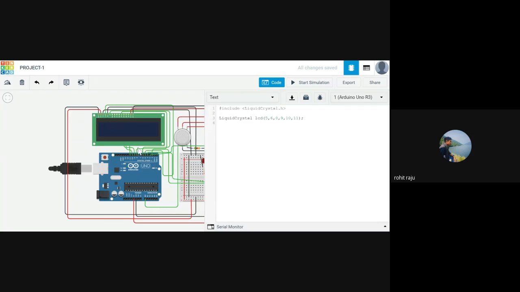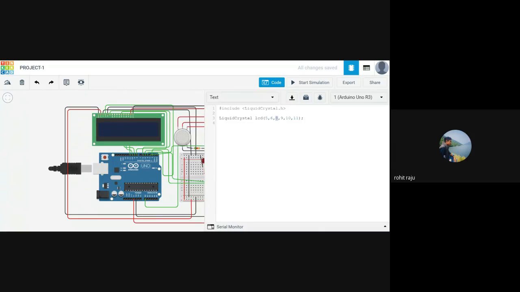Based on how you made the connections, you type in all the numbers. First one is the register select, which you connected to 5. Next one is the enable. If you connected read/write, you can write that number here, but no, I grounded it. So this one is 6, the enable pin.